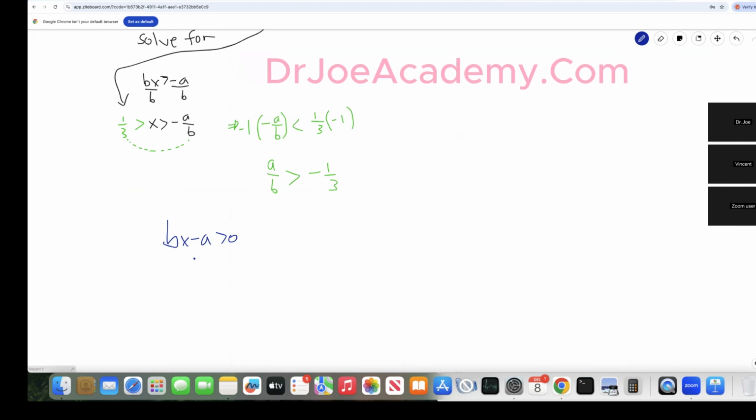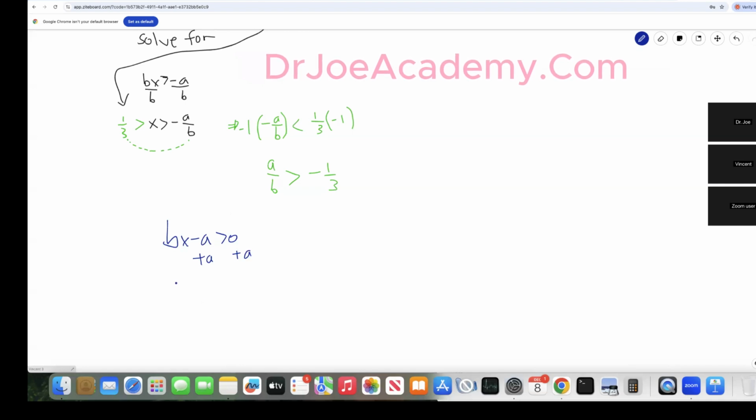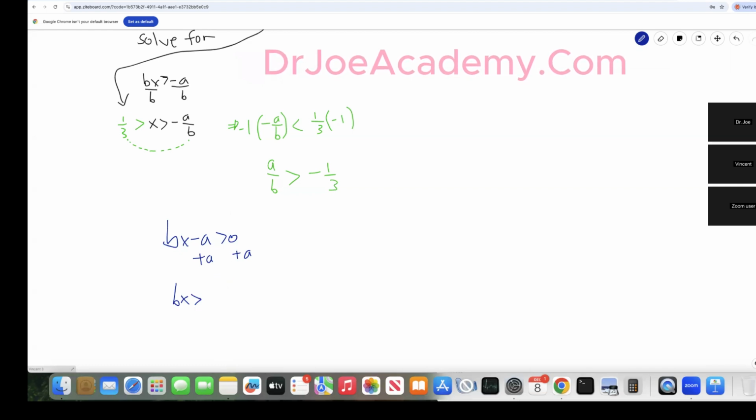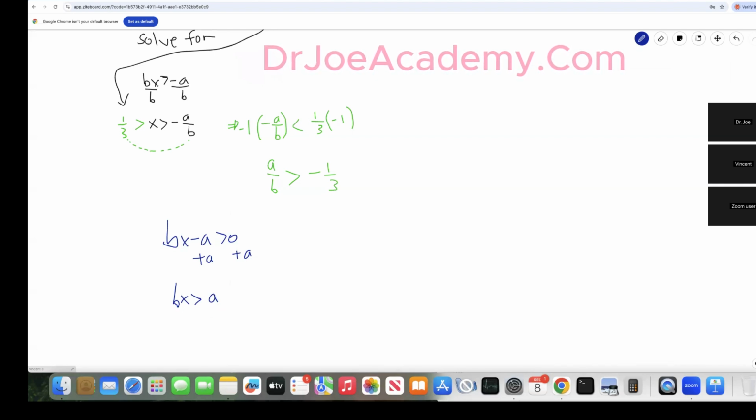If we add a to both sides, we get bx is greater than 0 plus a, which is a. And then if we divide both sides by b,